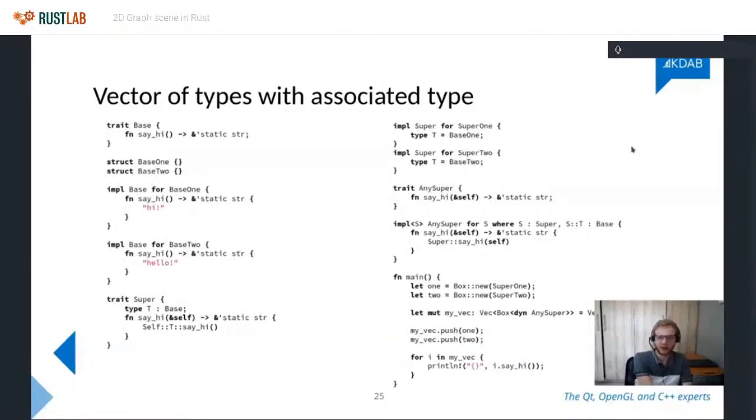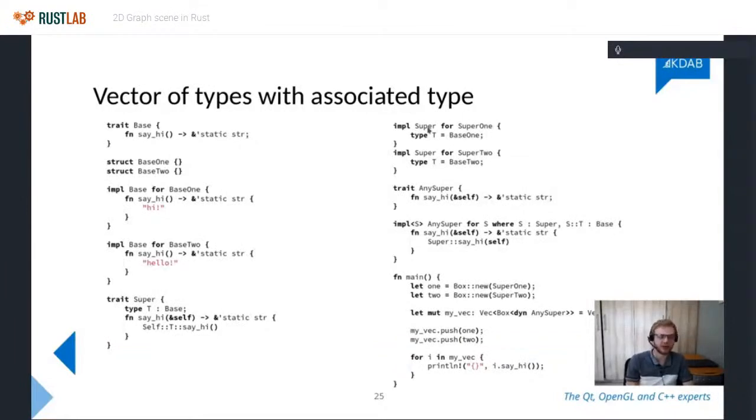So the problem that I ran into is that getting here is quite easy. The problem that I had is that I wanted to keep a list of these things, right? These are my top level node handles, and I wanted to keep a list of them because I needed to walk through this list in order to render the nodes. And obviously, it wasn't actually a list; it was like the graph hash map thing. But whatever. The point is, I needed to keep a lot of these things in some kind of container, and you can't have a Vec of Box then Super.